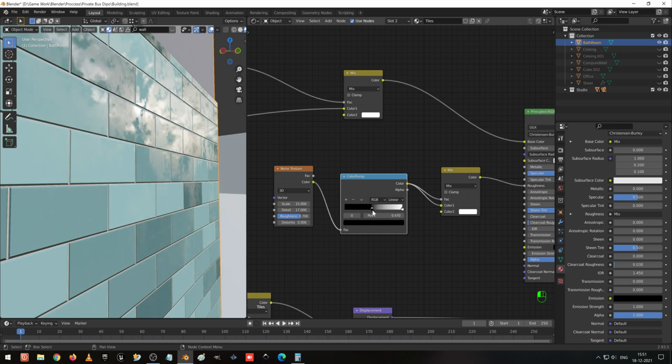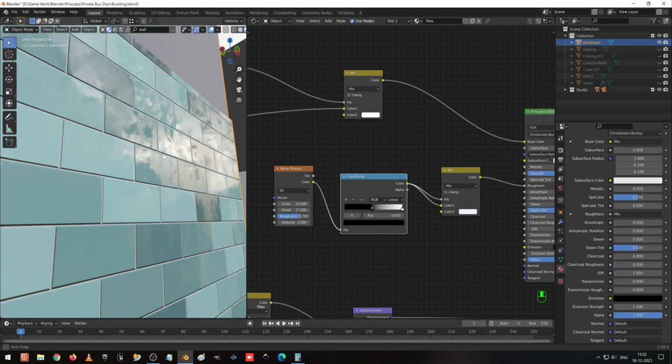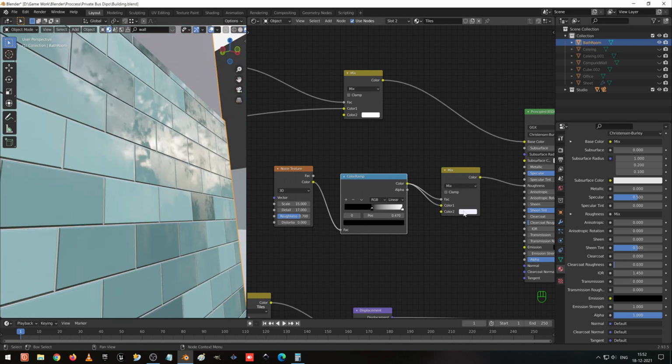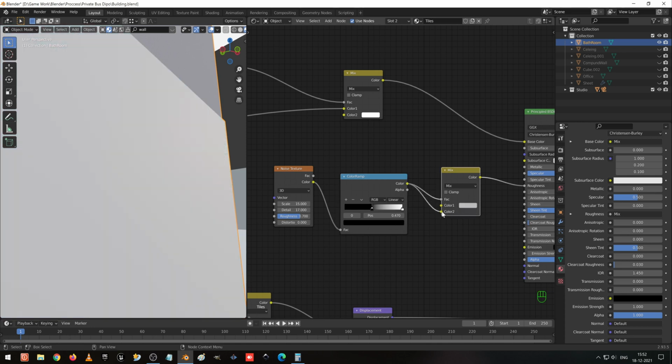So I give a little bit like this. I'm going to give this color as a little dirt color. So I make it a little gray color, and no, make it, I make it white. Now we can see the color which is white now. Now I change this to bottom and let me see how it looks.